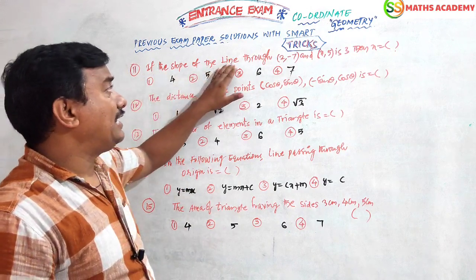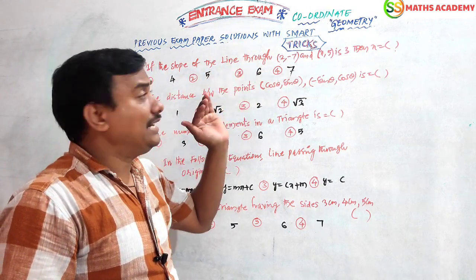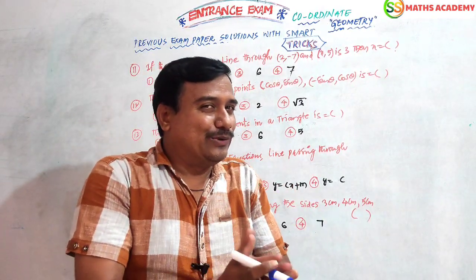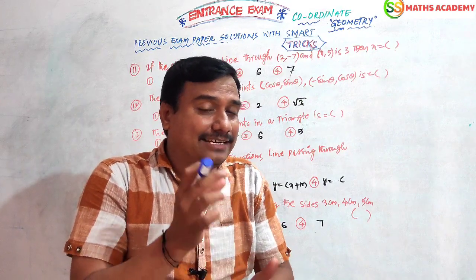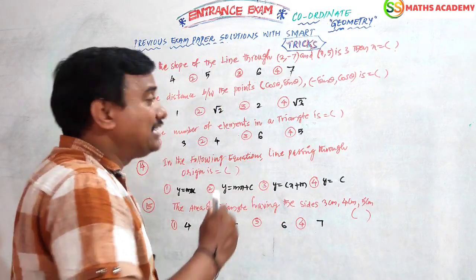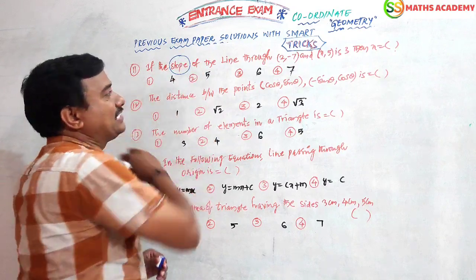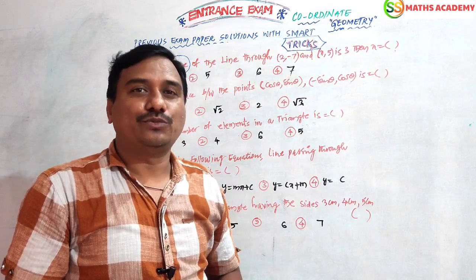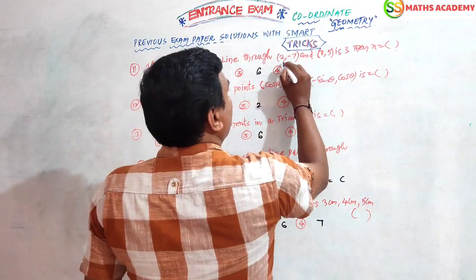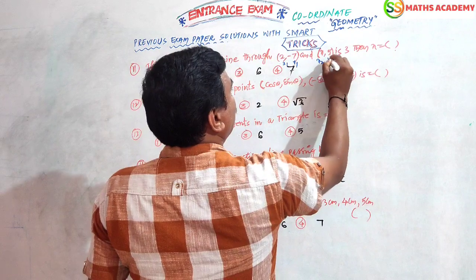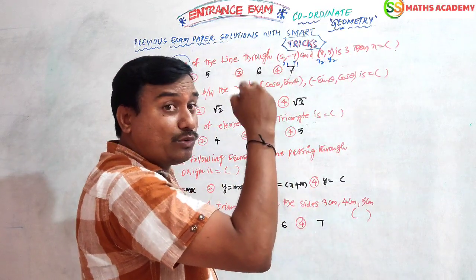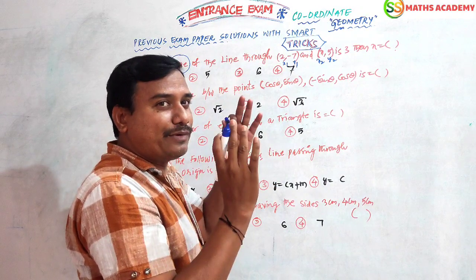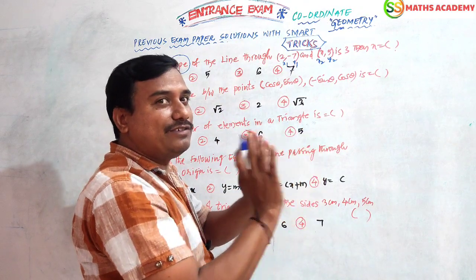If the slope of the line through (2, -7) and (x, 5) is 3, then x equals dash. I told you, in the question what is the key term, we have to round it up. Slope. Yes, slope is given. What is the slope of two vertices? (y2 minus y1) by (x2 minus x1). Let us take x1, y1, x2, y2. Here only you have to write. If you write in the question paper like this with a pencil or black pen, no need to go for rough paper. Go to the answer on the side only. Then the time is saved for us.